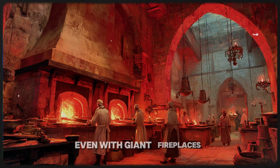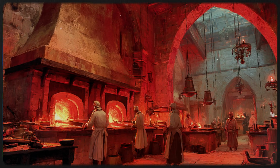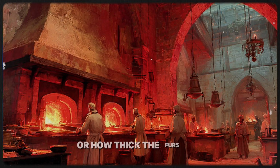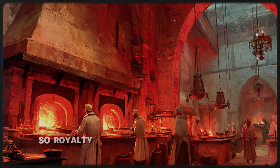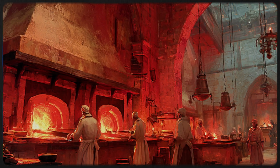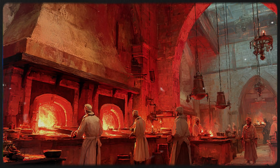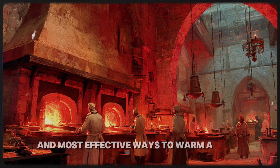Even with giant fireplaces, endless textiles, and underfloor Roman-inspired heating systems, medieval castles still had one persistent problem: they were cold. No matter how many logs burned or how thick the furs got, there were still rooms that felt like ice caves. So, royalty turned to one more powerful source of warmth, one that didn't cost a thing: people. Human bodies generate heat constantly, and medieval castle dwellers weren't about to let that go to waste. When it got especially frigid, one of the simplest and most effective ways to warm a space was to fill